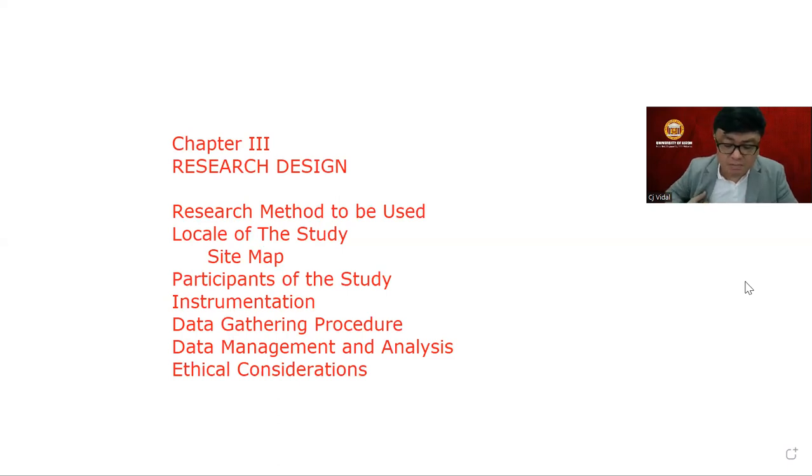So this may involve spending extended time with the informants in their natural setting or natural environment, so as to gain a deeper understanding of their behavior, values, and relationships. This was based on the work of Creswell in 2012. By engaging with the informants in their day-to-day activities, you will observe their behaviors and explore the meaning